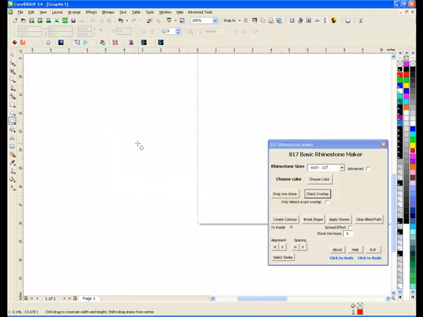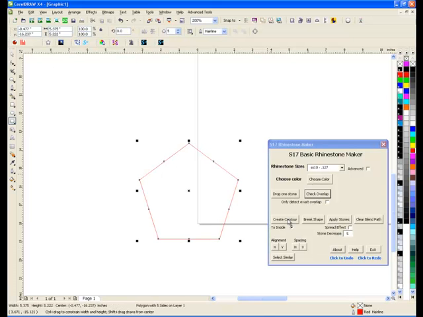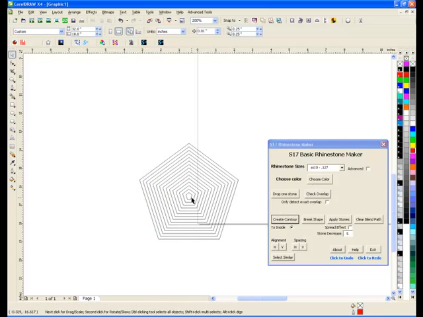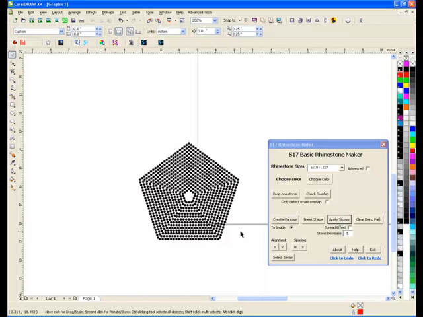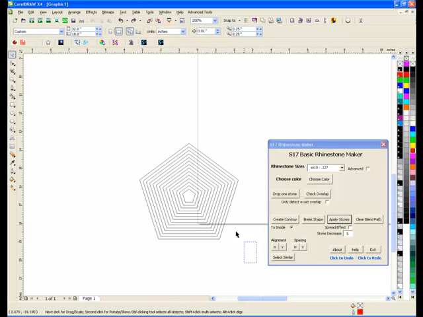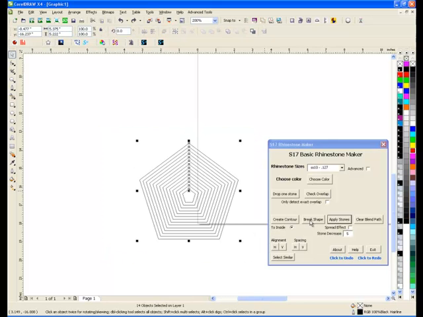So I'll do it one more time. I'll do it with a polygon shape. Take this contour. For me, I don't want the center. I'll put stones in there if I want them. And then you can apply your stones. Oops, sorry, back up. I want to break it apart because I want it to be nice and smooth on the corner. So I want to break the shape, highlight it again, apply the stones,